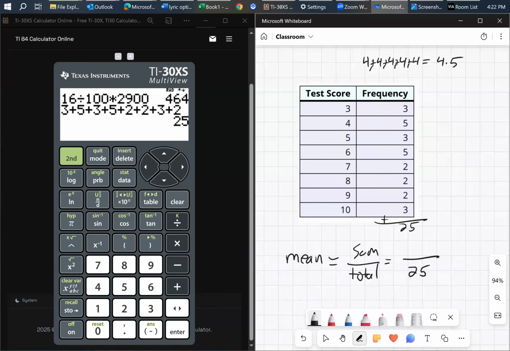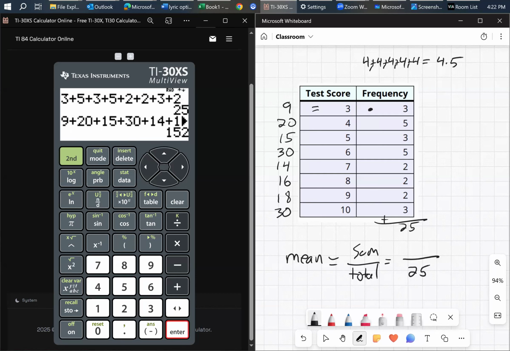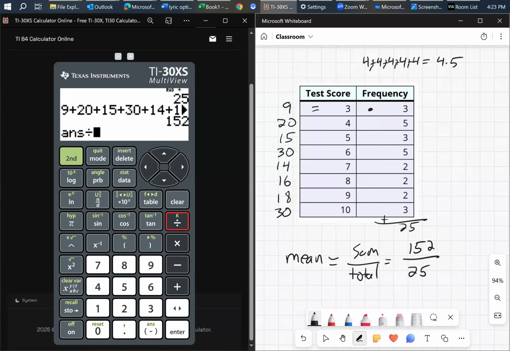So if we just multiply these numbers together, then we can add these numbers to get the sum, which is the numerator of the mean. Let's add these together. 152. And now 152 divided by 25,